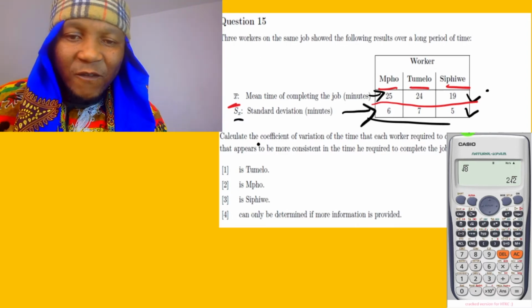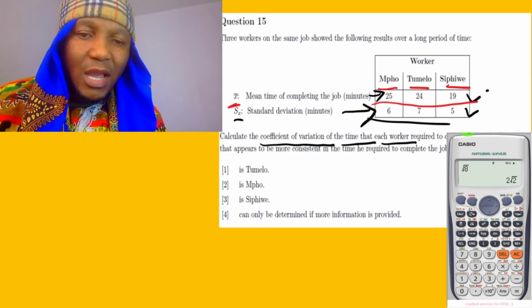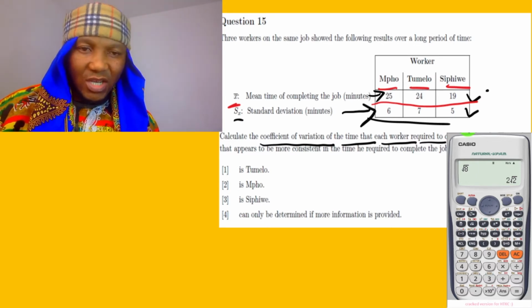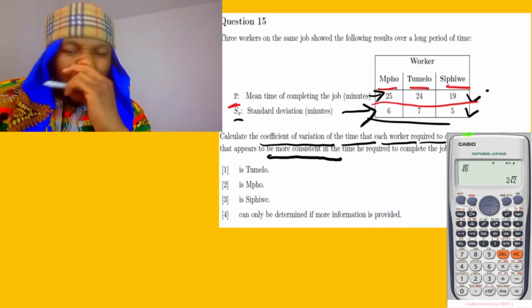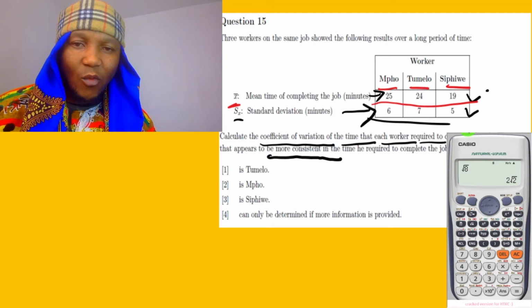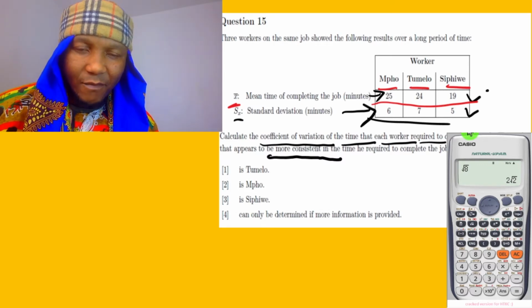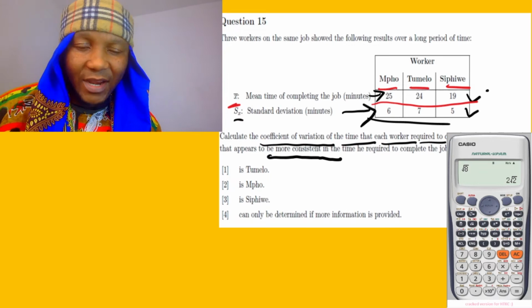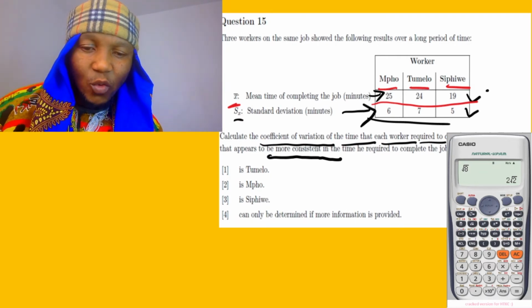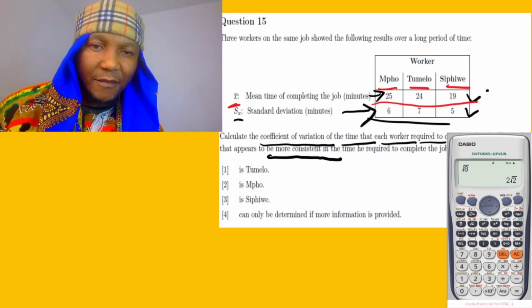They say calculate the coefficient of variation of time of each worker, and after we get the coefficient of variation, we're going to compare which is the more consistent one. Getting the coefficient of variation is very, very easy. How do we get the coefficient of variation? Let me just drag this calculator to the right so you can see here